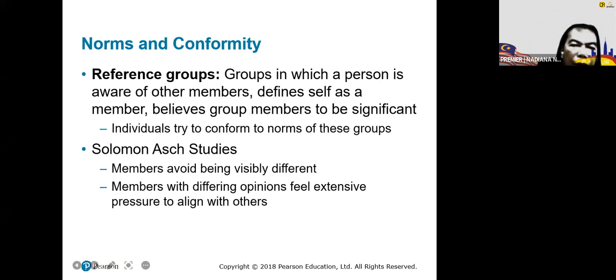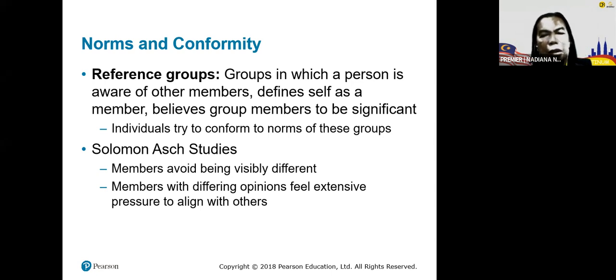Okay, norm and conformity. Reference group: a group in which a person is aware of other members, defines self as a member, and believes group members to be significant. They affiliate themselves, become members, and other people also become members. Individuals try to conform to the norm of this group. They can practice similar norms, like wearing a similar t-shirt,